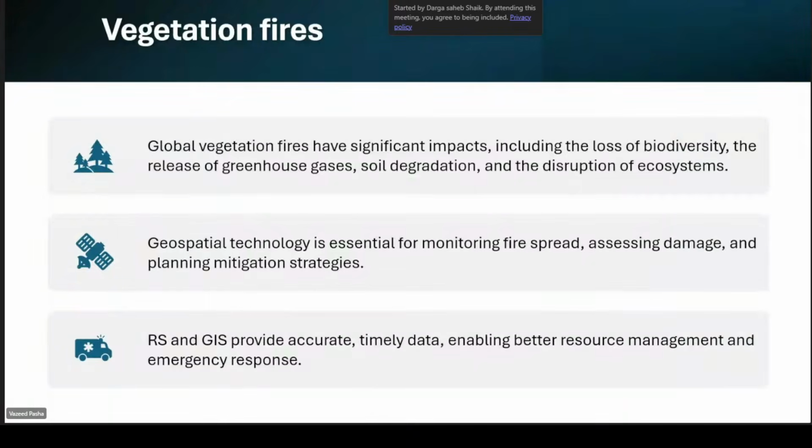Why do we need to use geospatial technology? You can't identify all national or global level fires using ground data. You should have some ground data, but we can't monitor historical forest fires. You can't go back; last year's forest fire area we can't measure now. That is the reason we need to use space technology for timely, accurate management of the fires.